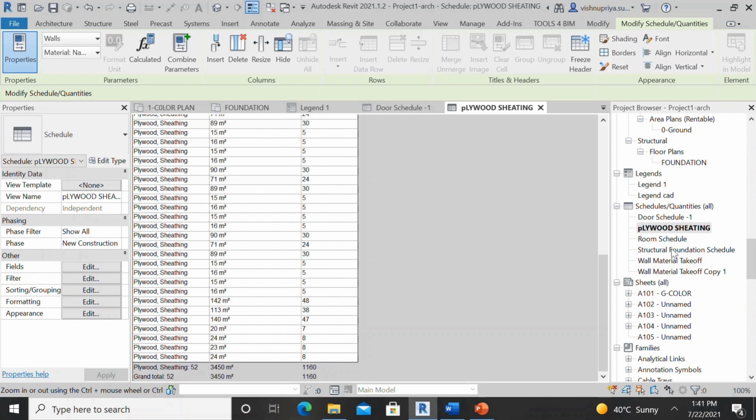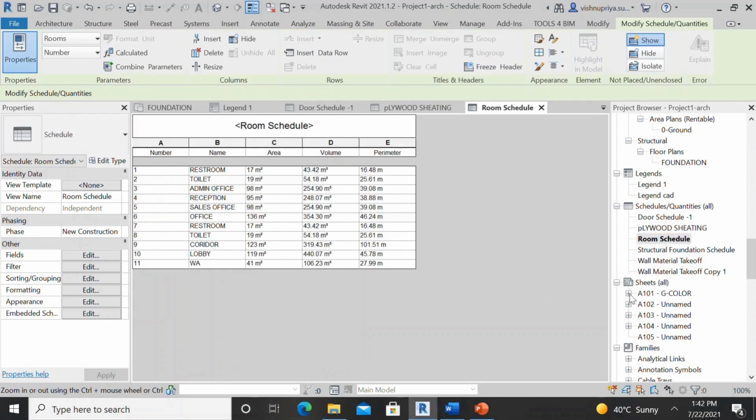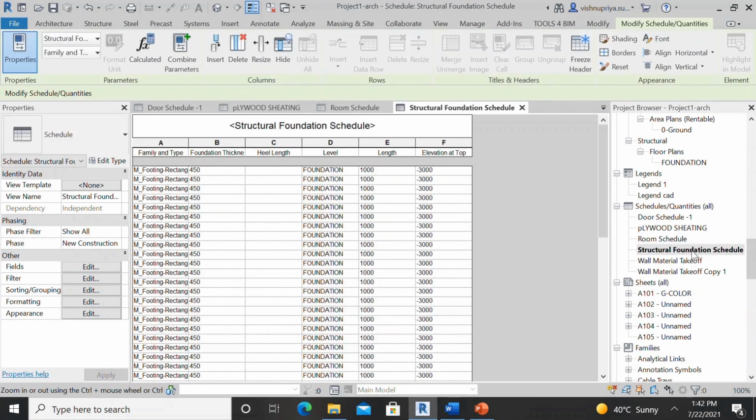Then the same way you can see here the room schedule. You can see each room, the area, volume, perimeter, the structural foundation schedule, like this, anything you can do. And the next thing finally you can do over here,